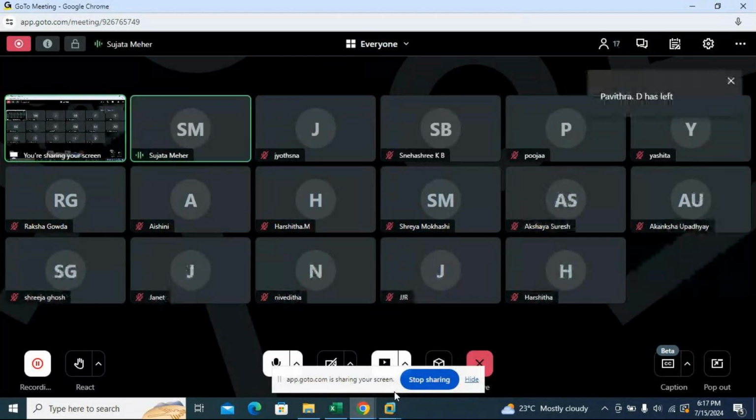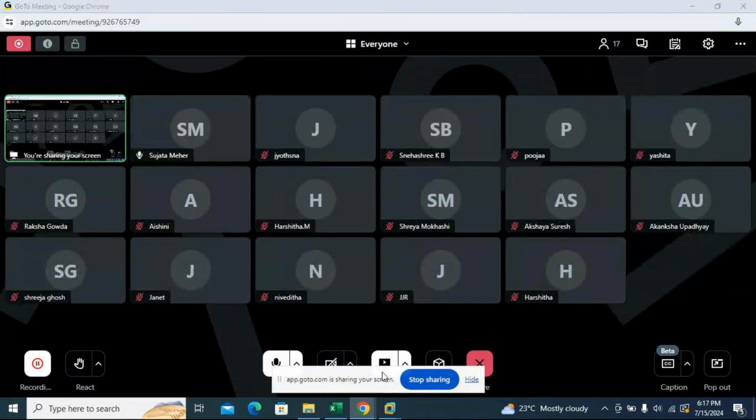Okay, it is yellow, then it will become green. First it is yellow. It will become green. Once it becomes green, then you have to click on this. You have to minimize. After this, you have to click on SAP logon.